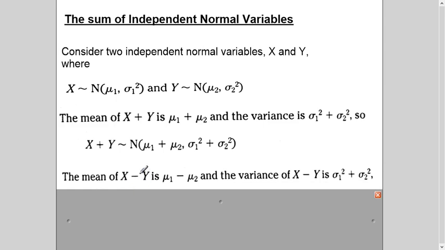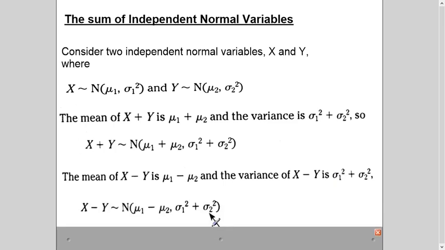If it is talking about the mean of x minus y, we will see this in the question I will explain to you. You subtract the means, but you add the variances. So remember, this is extremely important. When you are subtracting two independent normal variables, the new mean for this random variable is mu1 minus mu2 and the variance is sigma 1 squared plus sigma 2 squared. When I'm saying total, I mean this one. It doesn't mean a sum here.